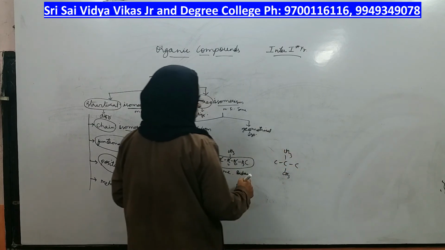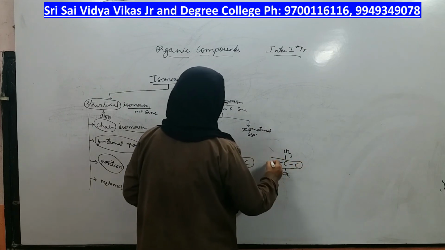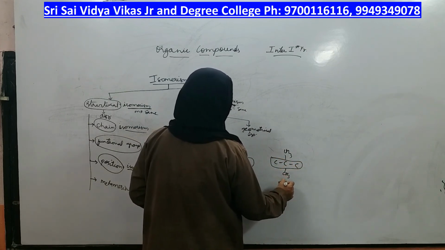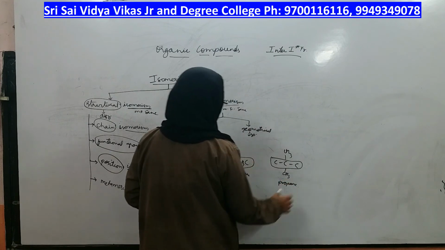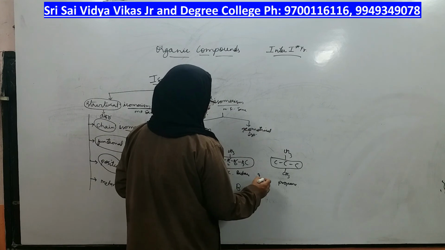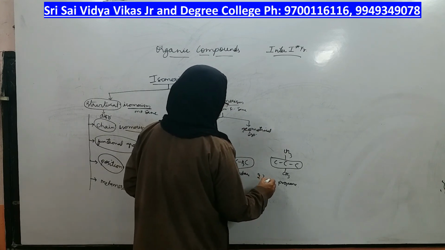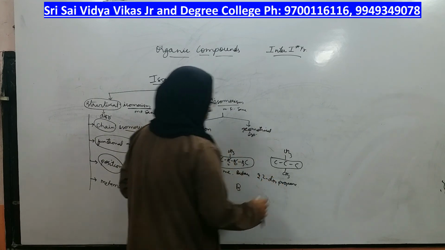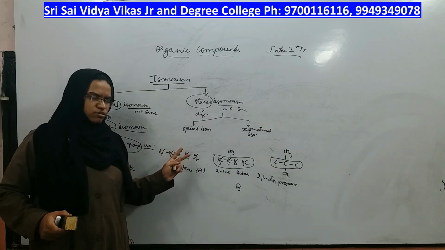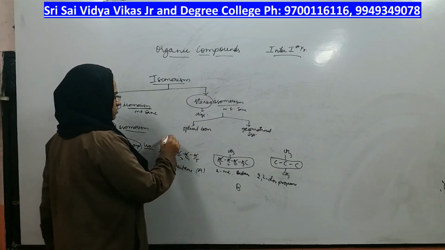What is the name of this compound? Select the longest carbon chain. How many carbons are present in the longest carbon chain? 3 carbons means propane. On that longest carbon chain, there are 2 methyls. 2,2-dimethylpropane. All these 3 are chain isomers for which molecular formula?